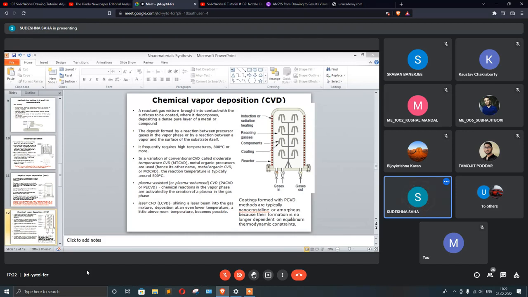And the coatings in this particular case, you also get a coating on your substrate, and these coatings which are formed with PCVD, then